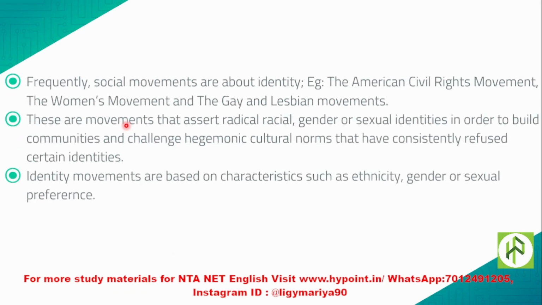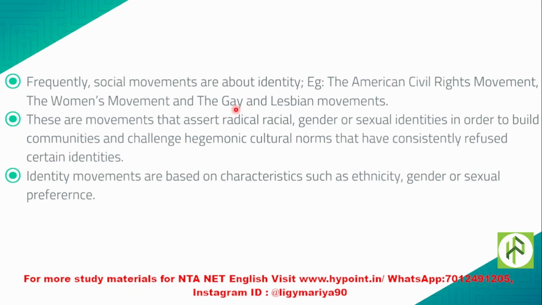Now moving on, frequently social movements are about identity. Mainly these new social movements happen about identity, especially take the examples of the American civil rights movement, the women's movement, it's about identity. The gay lesbian movements, it's about sexual identities. So mainly social movements are happening about identities. When certain identities get suppressed in a normative way, in the established system, structure of the system, then protest happens in a collective organized way,